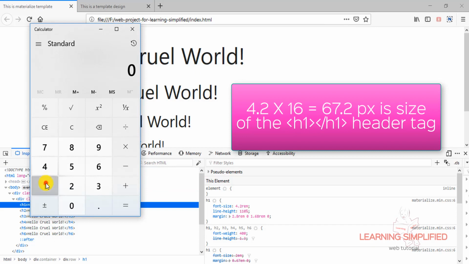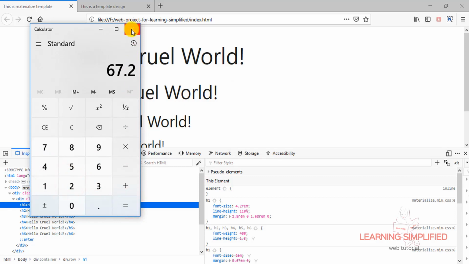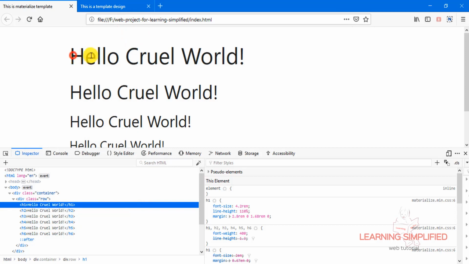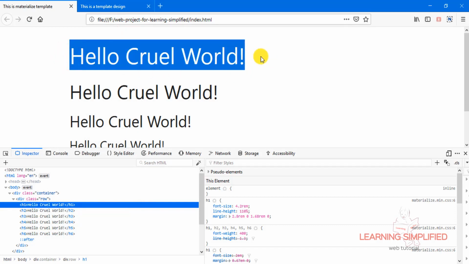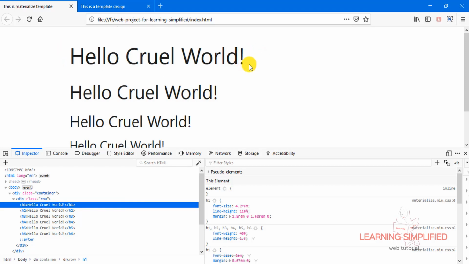That means 16 into 4.2 rem equals 67.2 pixels. So right now this h1 tag is using a total font size of 67.2 pixels.